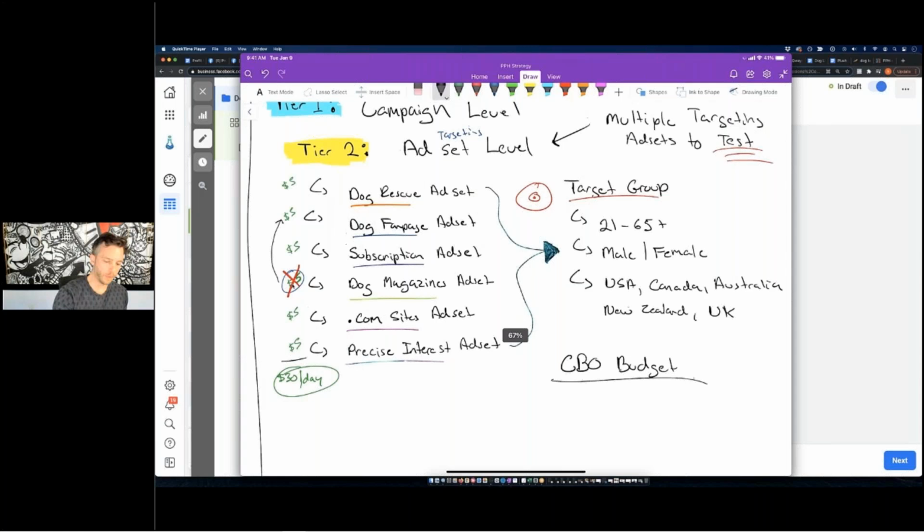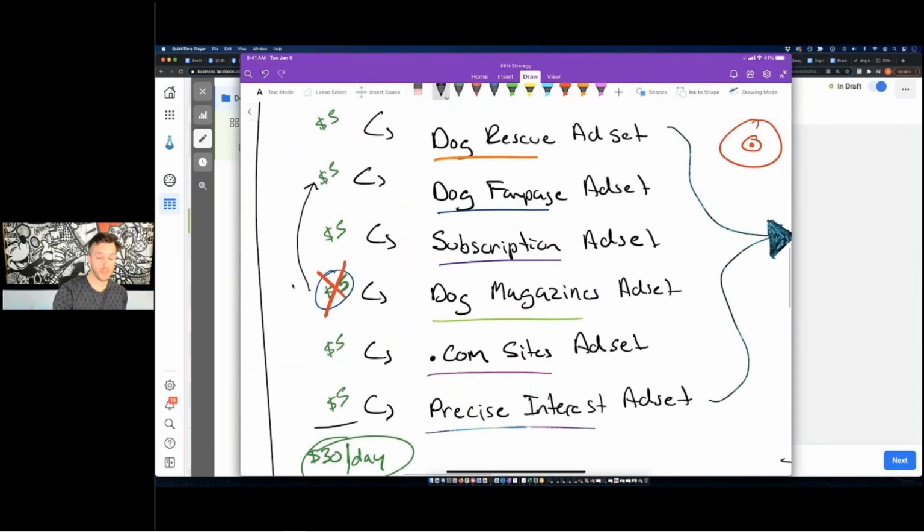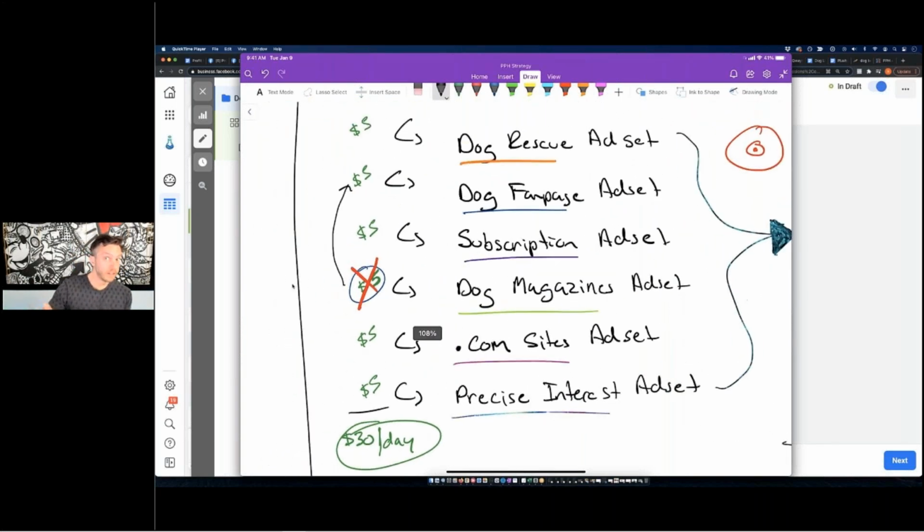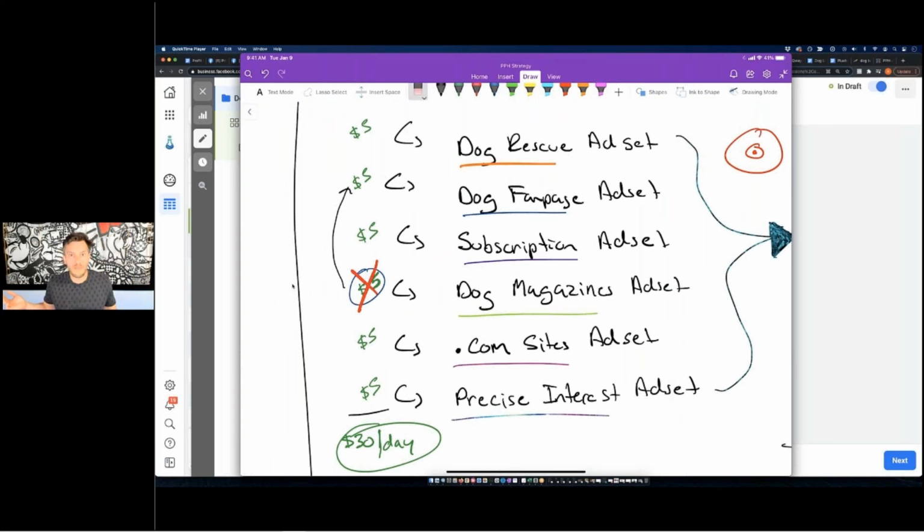So if we know that if we did $5 a day, we'd have to spend 30 bucks a day, that might be out of range for someone new that's just starting out, because you're going to want to let this run for like 4 or 5 days. So do the math. If you're doing a campaign budget optimized ad, you can do like a $15 budget. And what it will do is group everything together, and it will take that $15 and target every single one of these groups of people, but it will put the money where you're getting the most